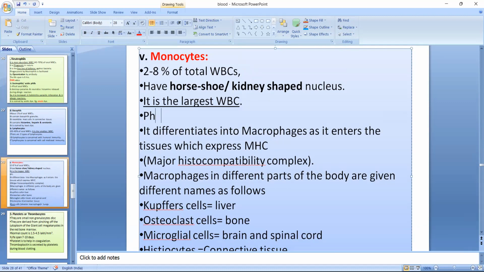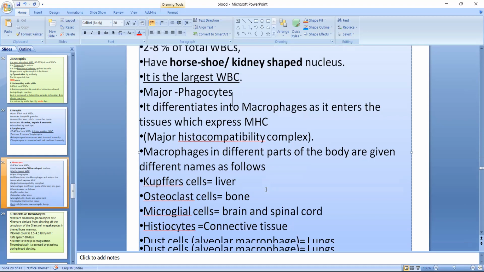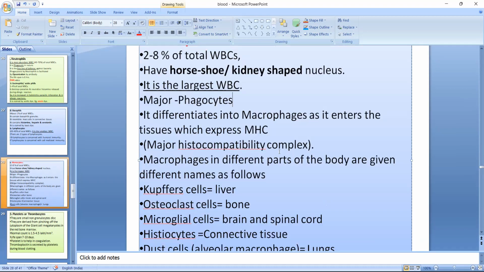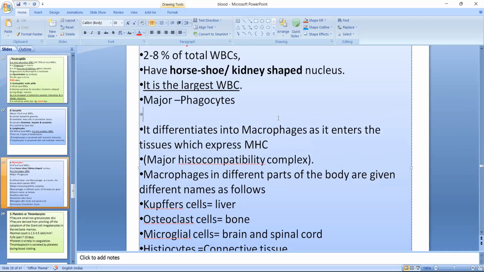Major phagocytic cells. They are important. They are amoeboid. They show amoeboid movement. And I should remind you one term that is